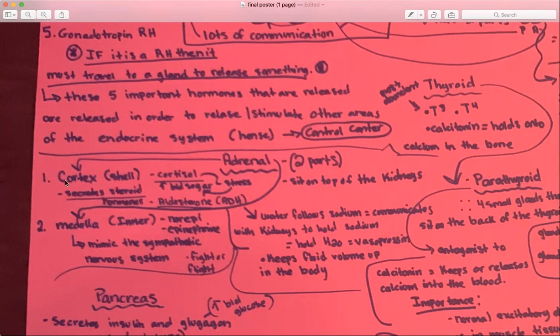So basically, I'm going to start with the inner part. It has to do with norepinephrine and epinephrine. And that's the fight or flight, the whole bear in the woods. It's mimicking your sympathetic nervous system to do what it needs to do to survive. The top one, the cortex, has to do with cortisol. And one thing that I find very interesting, as I talk about this a lot when I teach about addiction and the brain and stress hormones, because it actually has a lot to do with it, it's fascinating,